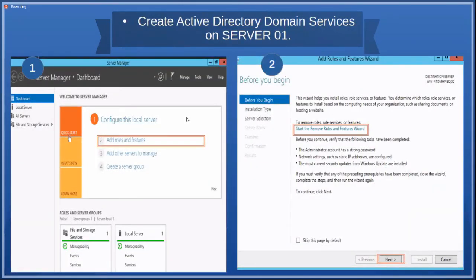So firstly, I'm going to create Active Directory Domain Services on my Server 1. Here I start Server Manager. Also, I can use the Add Roles and Features option to start deploying Active Directory Domain Services. And also, secondly,